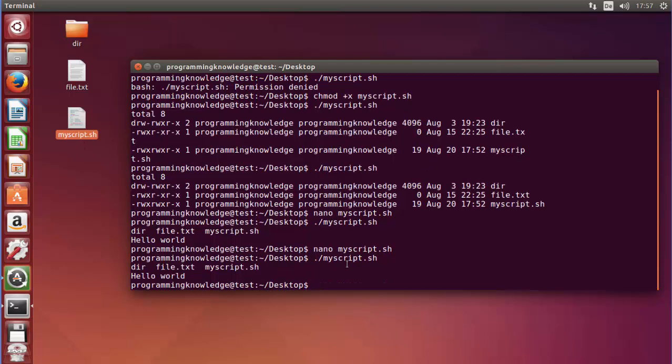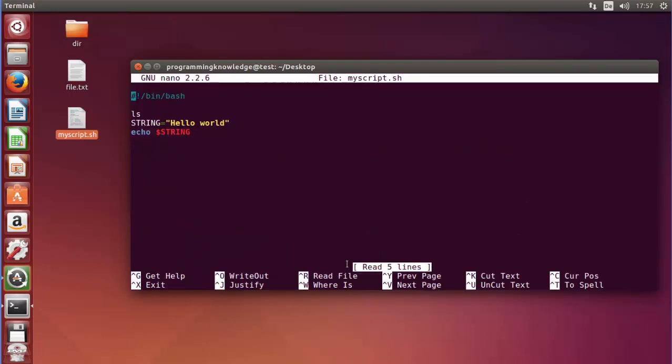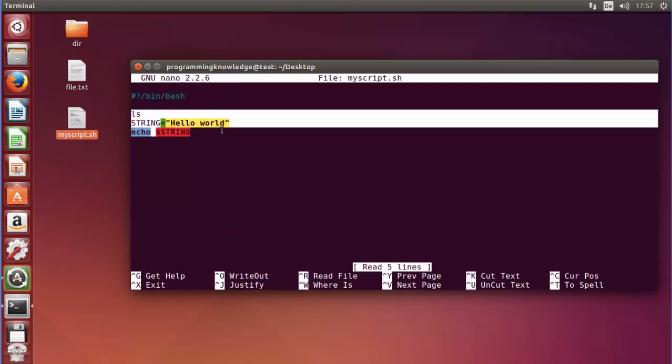So you can see here in this script we are performing a series of commands, and this is what scripting is. You can write a sequence of commands here and execute it, and scripting is much more advanced than this. It has functions and loops and if conditions.